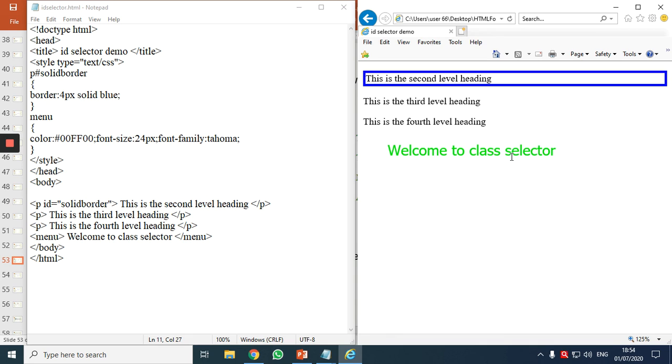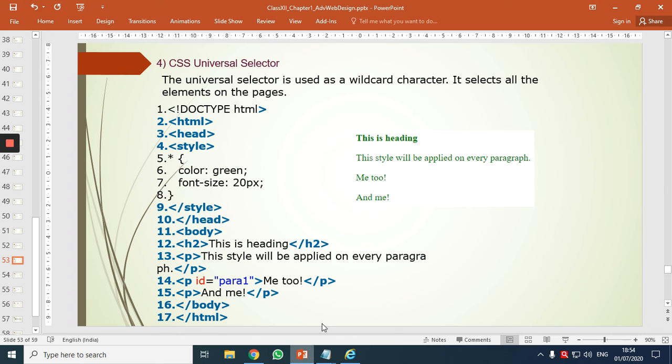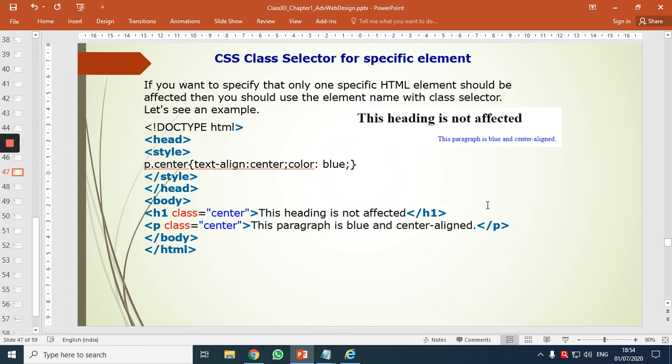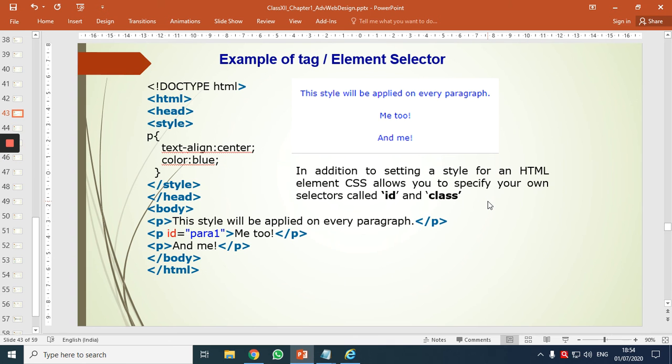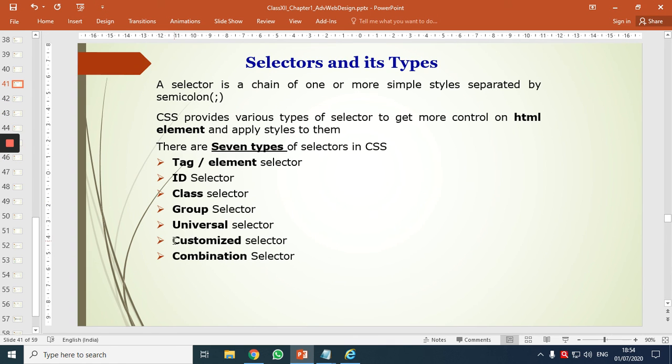So what have I done? This is called customized selectors. Okay, this is a customized selector. As per our requirement, it works. That is called a customized selector. Hope you're understanding what a customized selector is. I'll show you in the beginning. In the beginning, I had written here customized selector. Right? So we have understood group selector. We have understood customized selector. Right? We'll go into the depth of this later.